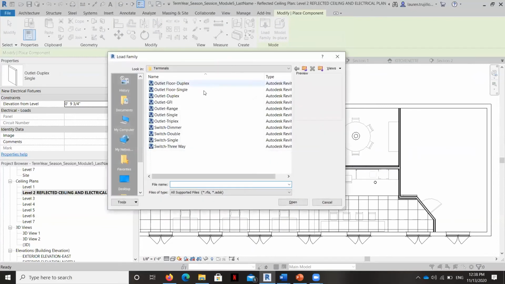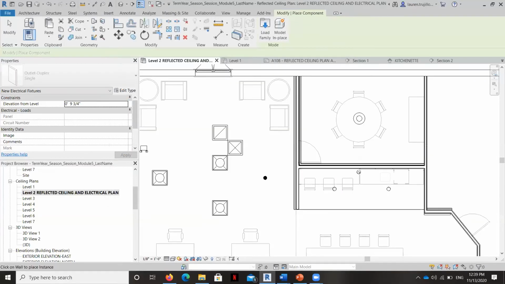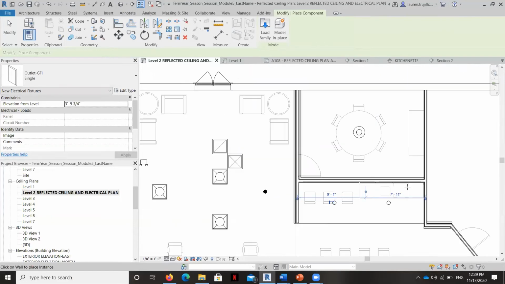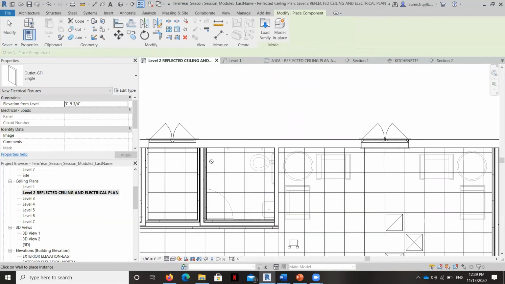We're also going to load a GFI. So that's where you could plug something in and it's within 5 feet of a water source. So it's going to go on the countertop here, right? Because we might need to plug in an appliance. And there's probably going to need to be an outlet here in the restroom.